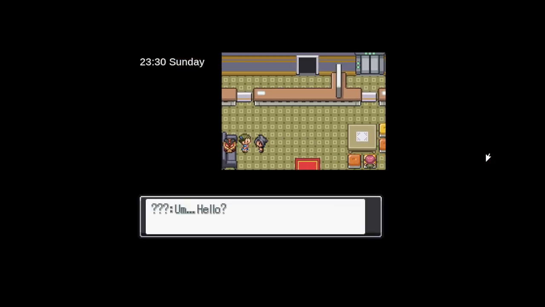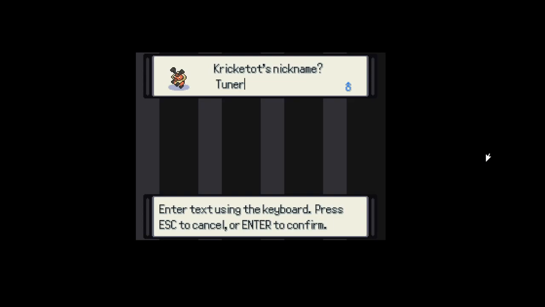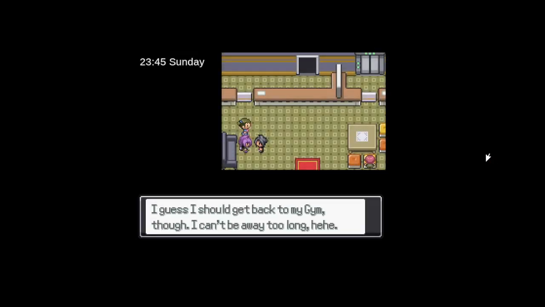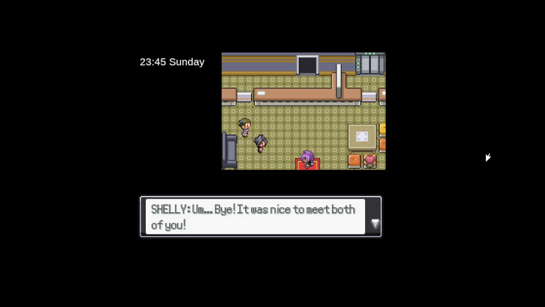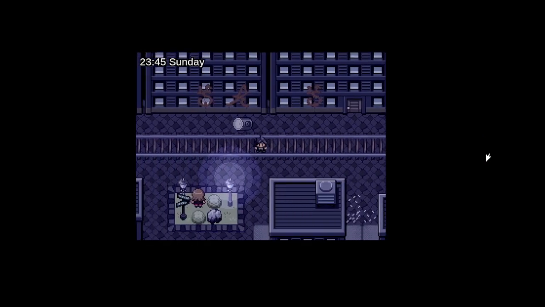So they don't redo Cricketot, it seems. So we're actually going to quote-unquote help Cricketot. This is Shelly, the bug gym lady. This lady has called Shelly over to look at her Cricketot. Cricketot wants a trainer. Will agree to take care of Cricketot. Shelly thanks us for being a helpful person because she is